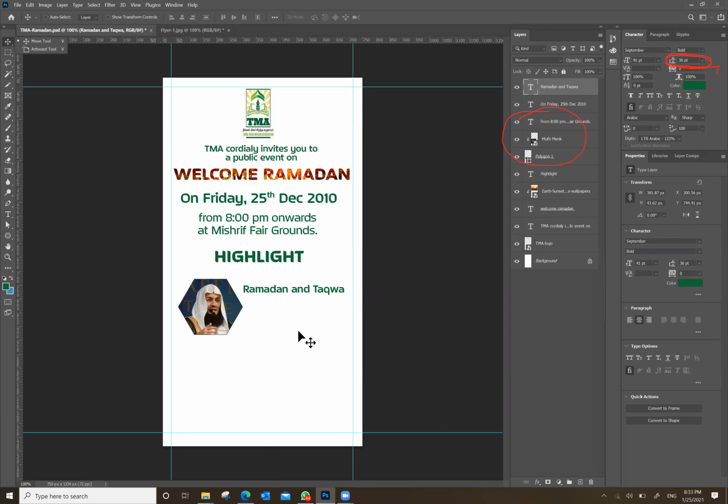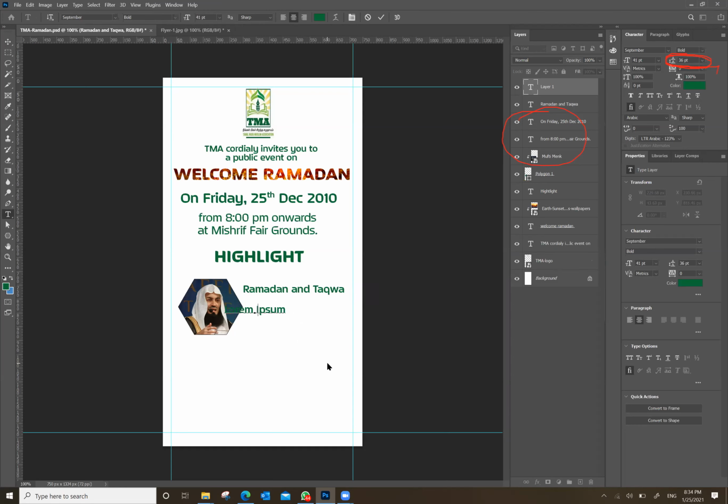Okay. Then type one more layer, Mufti Ismail Menk, and try to make it a little smaller so that it matches exactly. It depends on wherever you want to place them. You can mention a brief about who Mufti Menk is.